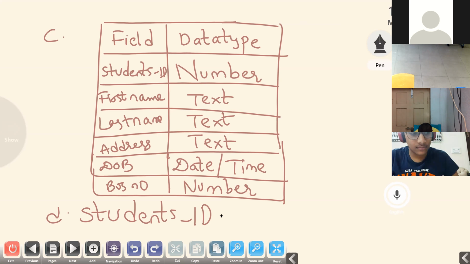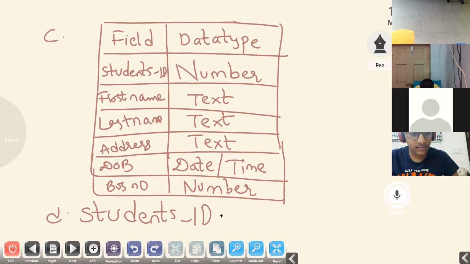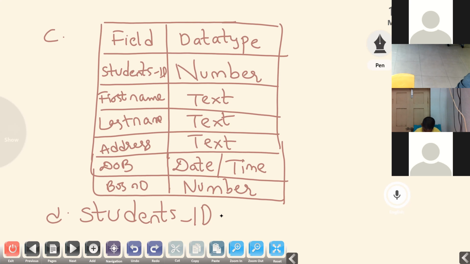Yes, tell me. Ma'am, we should draw the table in the notebook. Yes, write as it is. Answer the following questions in the notebook. You have to draw the table same as it is given in your course book. Like that only you have to write the questions and answers.